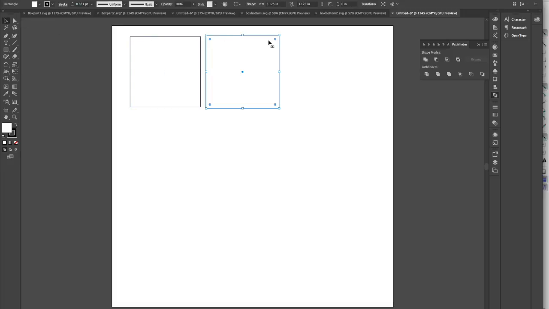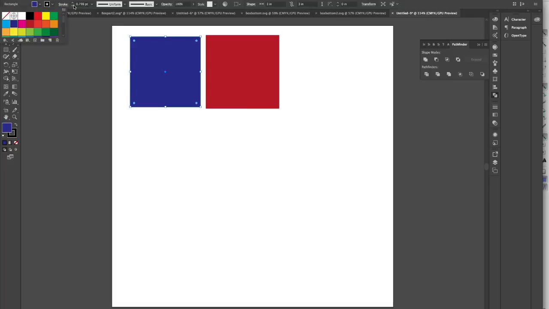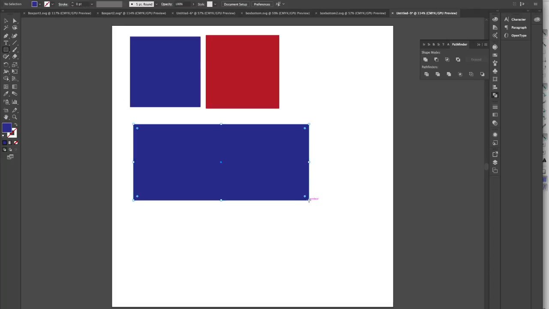So I'm going to fill these, and I'm going to bring the stroke down to 0. I'm going to fill this one and make this blue, and also bring my stroke down to 0. And these are just going to be two pieces that we can put on the face of each one of our pockets. We also need one for the bottom piece, so I'm just going to click and drag, and I'm going to make the width 10 1/4 by 3 1/4,